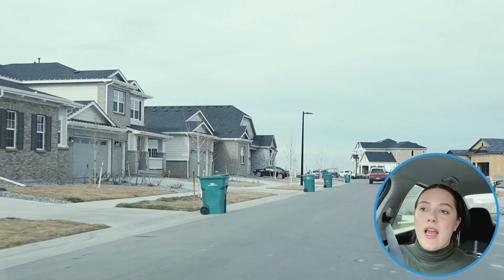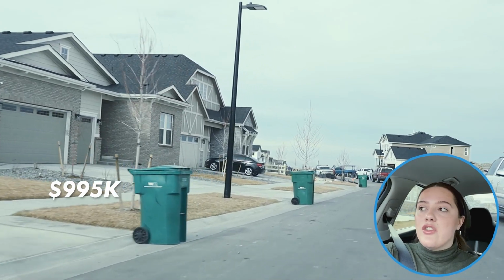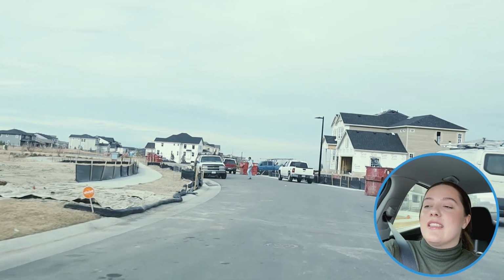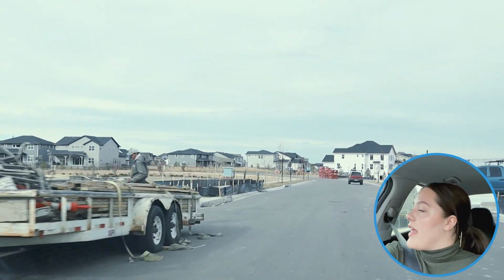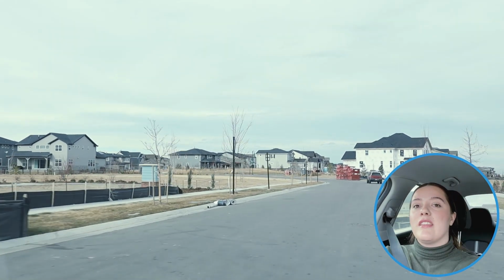And then just to give you guys some more details on that, it is a $995,000 property. It is 5 bedrooms, 5 baths, and it is 5,000 square feet. So it is a big boy. We are gonna be pulling up on that shortly, but guys, South Shore is seriously such an amazing,